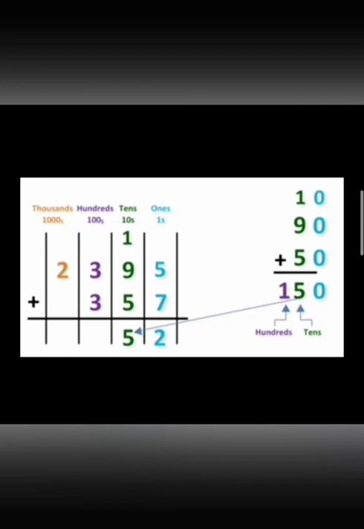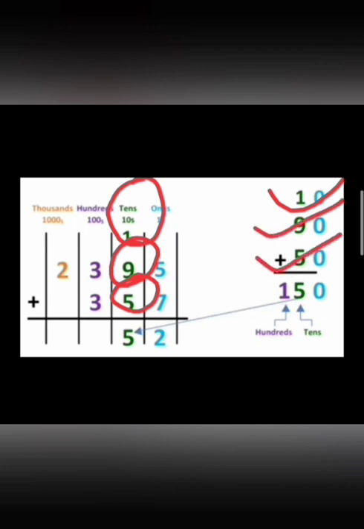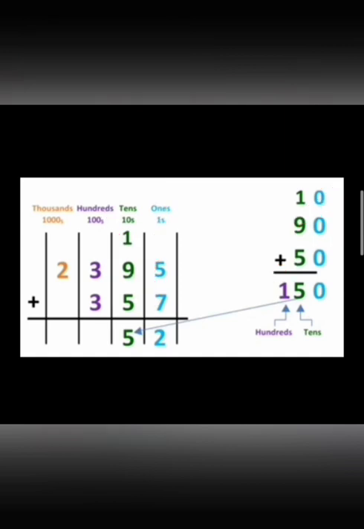Five plus 7 in the ones column has given you 12. 2 remains in the ones column and 1 is the carryover. Now with 1 carryover, as 1 is in the tens column, 9 is also in the tens column, 5 is also in the tens column. So let us call these numbers as 1 tens, 10, 9 tens, 90, 5 tens, 50. So on adding 10, 90 and 50, you get 150.